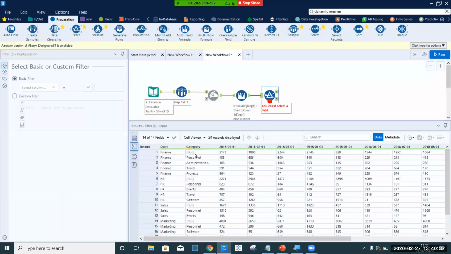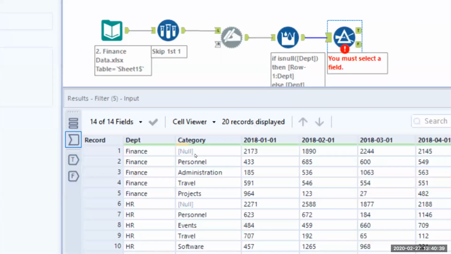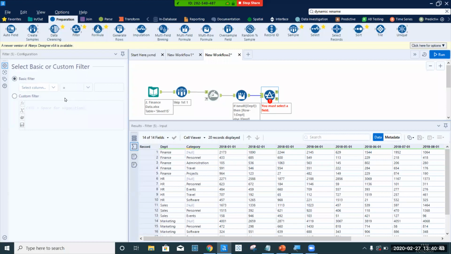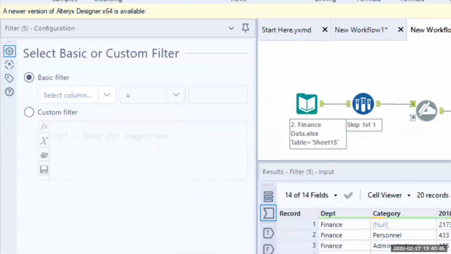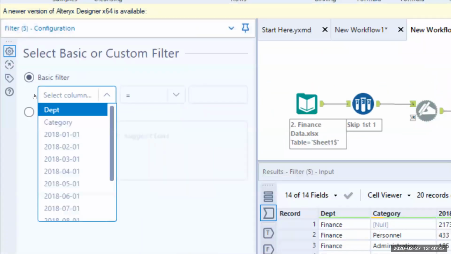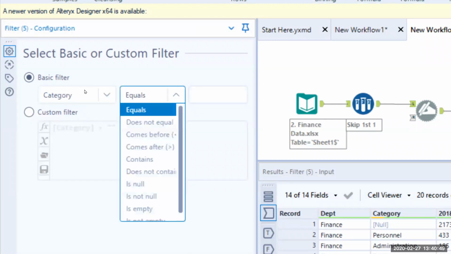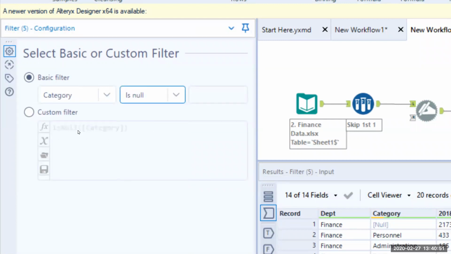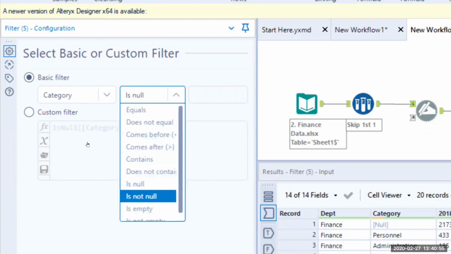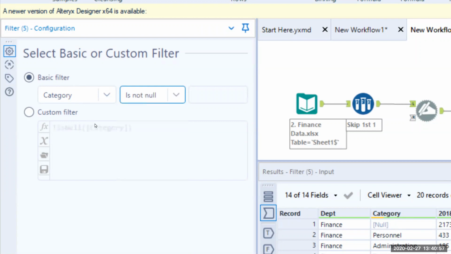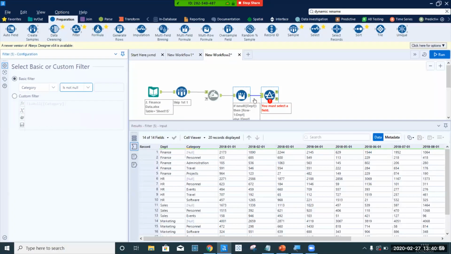If our category here is null, we know that it's a total column and we want to remove it. And that's how we want to build the logic into our filter tool. So we want to say, if category is null, then we want to remove it. But I'm going to say is not null so that we get our correct output coming out of the true